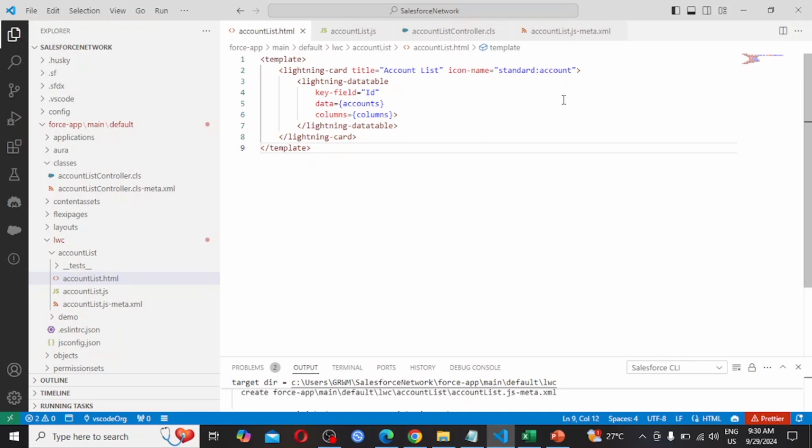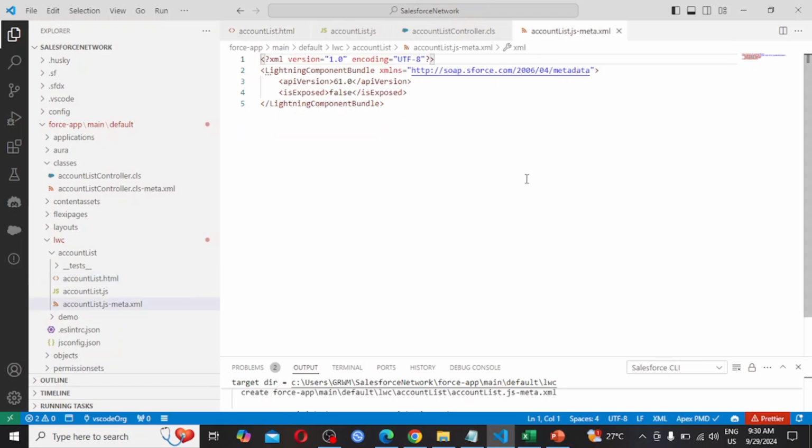Then finally we are coming to accountList.js-meta.xml file. So here we are seeing XML version 1.0 encoding UTF-8, LightningComponentBundle. It is providing a URL.